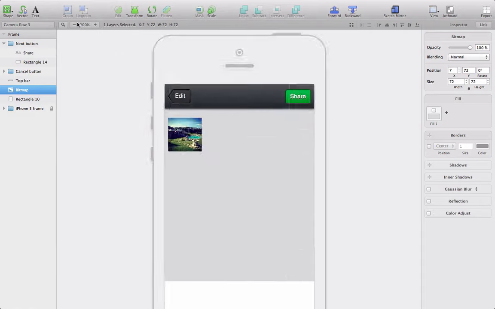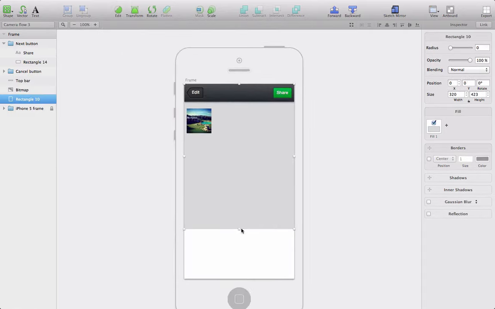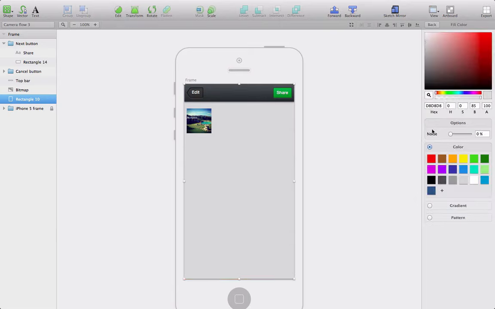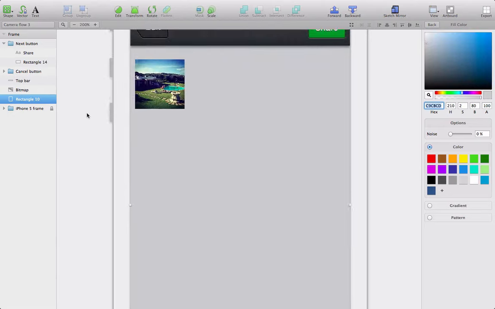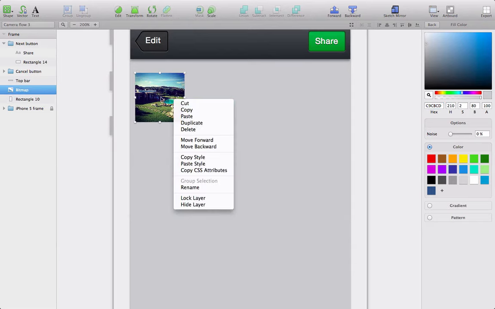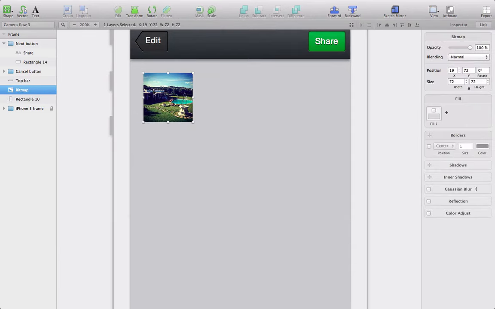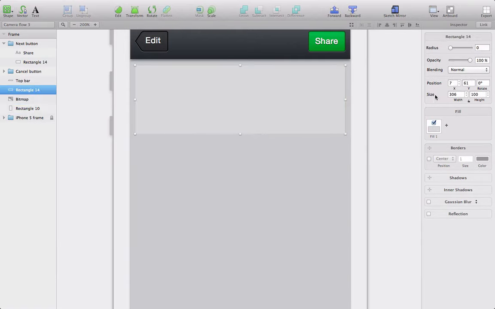And we'll use this rectangle as a background. Let's make it a bit bigger. For the color, we'll use C9CBCD. Okay. Now we need a box for the caption. So let's move this a bit and draw a rectangle. You want to give it a width of 306 pixels and a height of 90 pixels. Make sure it is below the image so I can see the image on top of it,